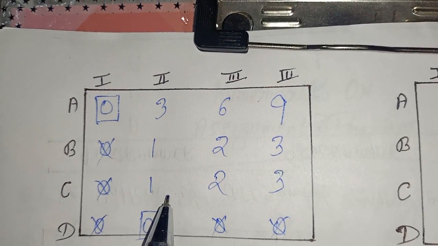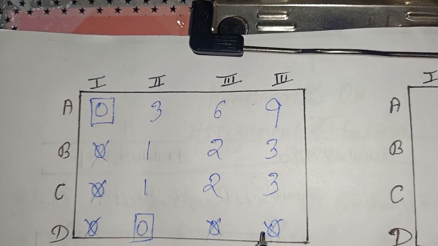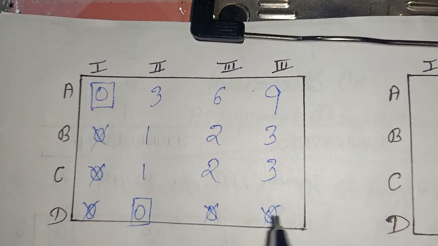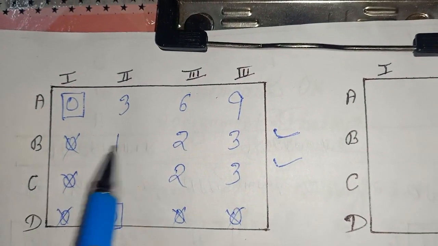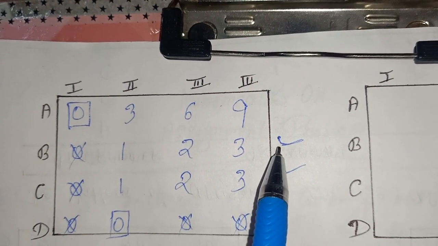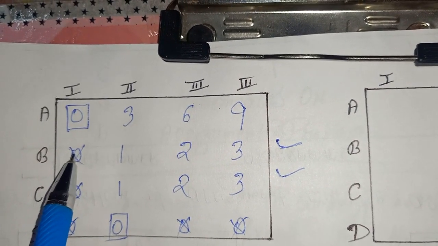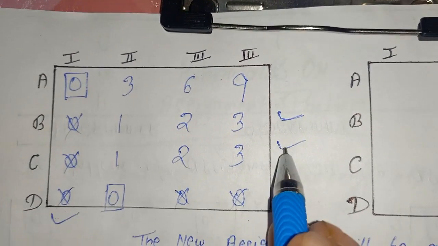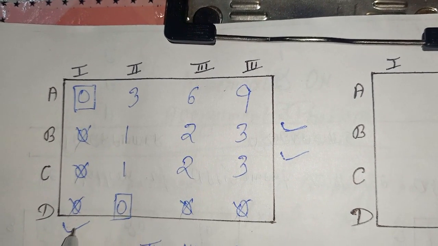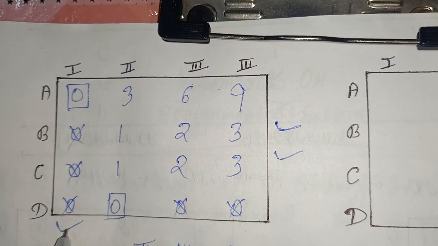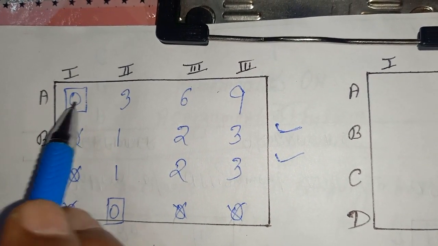We will cover all the zeros with lines as follows. Tick the rows having no assignment. In row B and row C, no assignment is there. Just check whether there is any 0 corresponding to those ticked rows. This is the row. Tick the corresponding column. In the same case, 0 is there. This has already been ticked. Now check the columns. Check the ticked column and check whether any assigned 0 is there. This is the assigned 0. The corresponding row will be ticked.